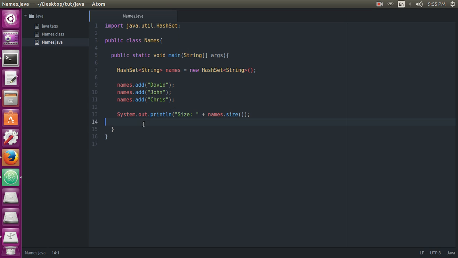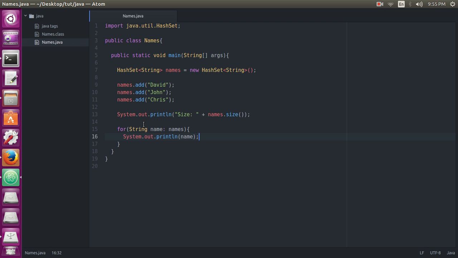So now we will just print these elements in this order only. For this we will use a for loop, string name, names, and the System.out.println the name.